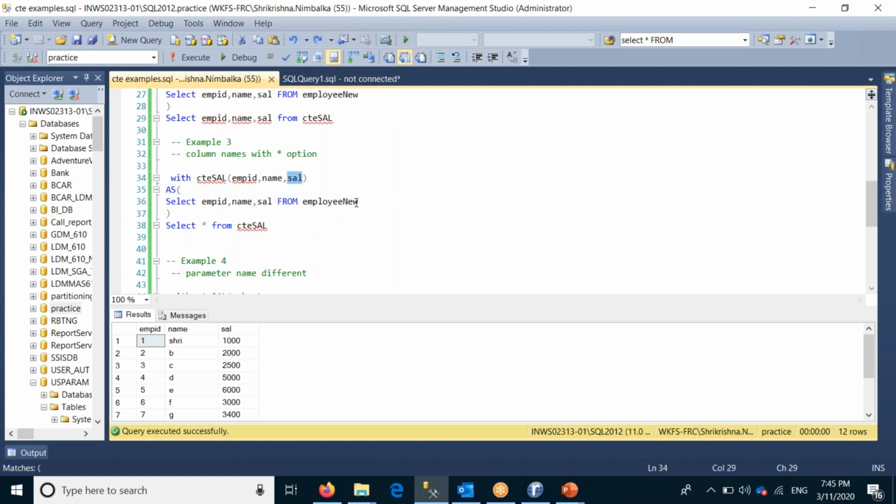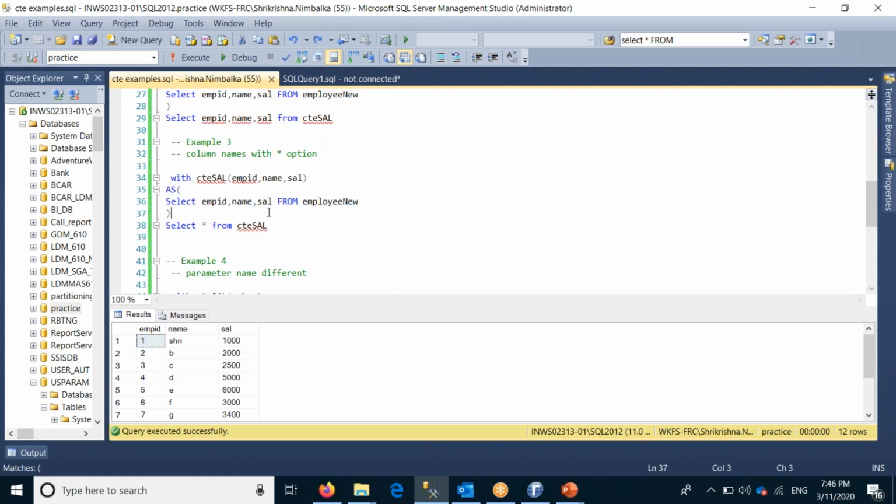And I also selected three columns. This is one important point we have to keep in mind: as many parameters as we declare here, that many columns should be selected in the select statement, or else it will give an error.